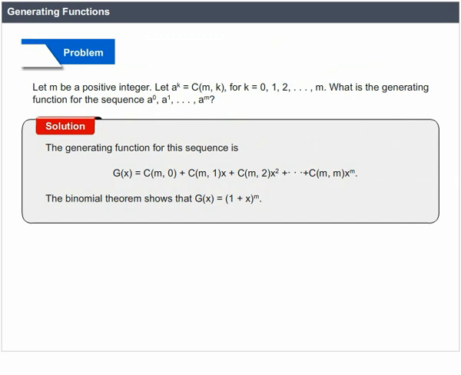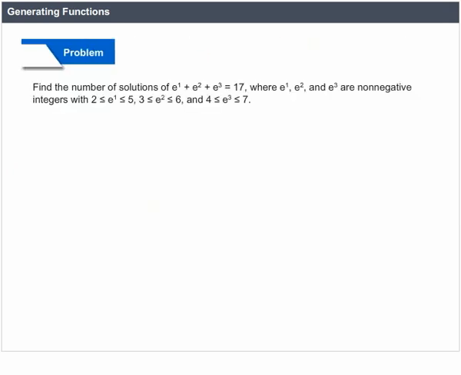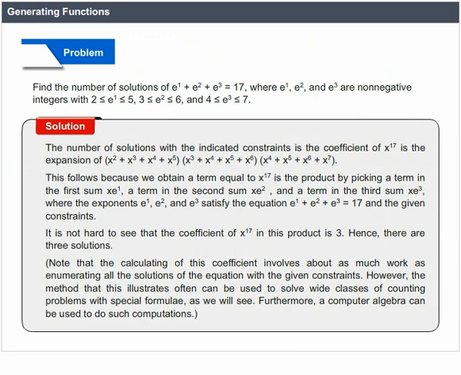Generating functions can be used to solve a wide variety of counting problems. In particular, they can be used to count the number of combinations of various types. Find the number of solutions of e1 + e2 + e3 = 17, where e1, e2 and e3 are non-negative integers with 2 ≤ e1 ≤ 5, 3 ≤ e2 ≤ 6, and 4 ≤ e3 ≤ 7. Solution. The number of solutions with the indicated constraints is the coefficient of x^17 in